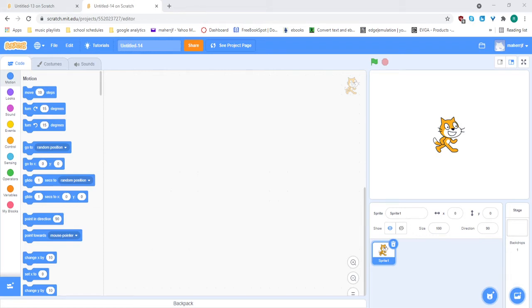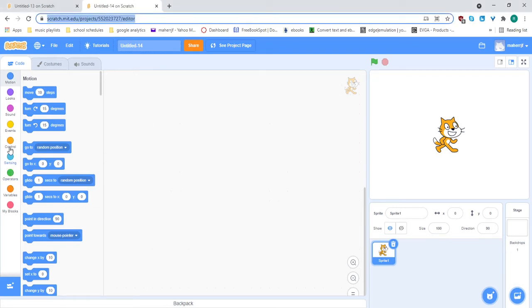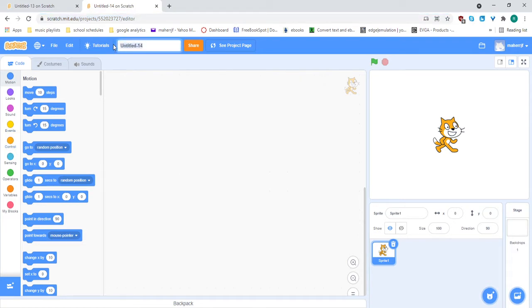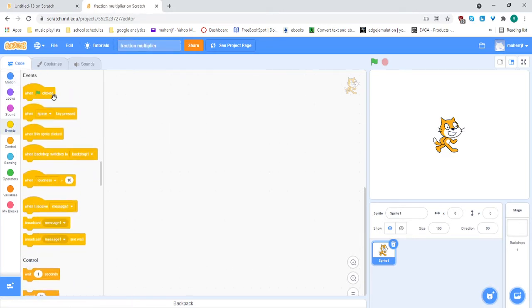All right, today we are going to make a fraction multiplier. So we can call this a fraction multiplier. I think that's how you spell multiplier. All right, so the first thing we are going to do is we are just going to put when green